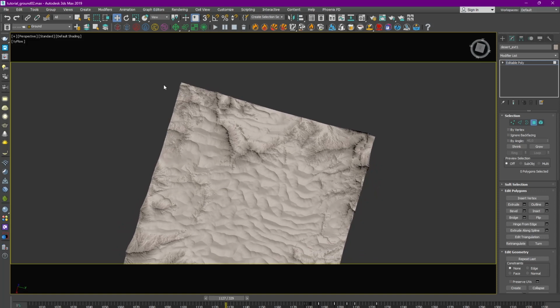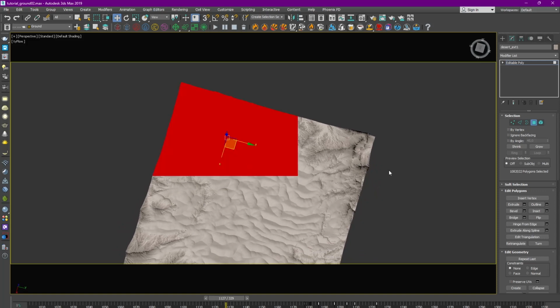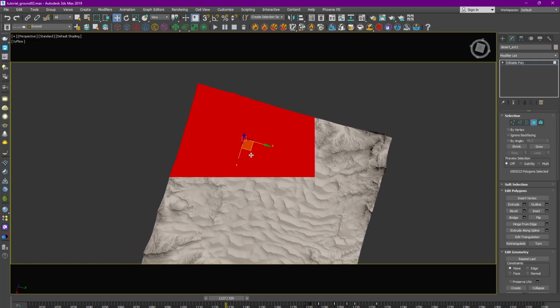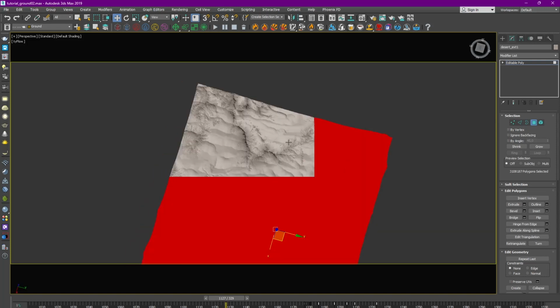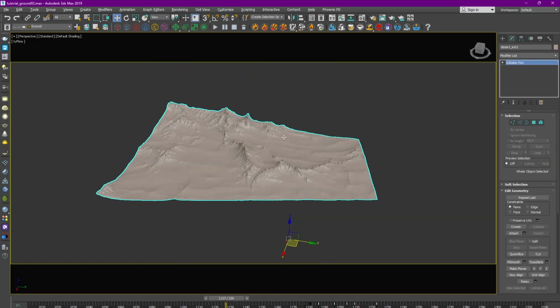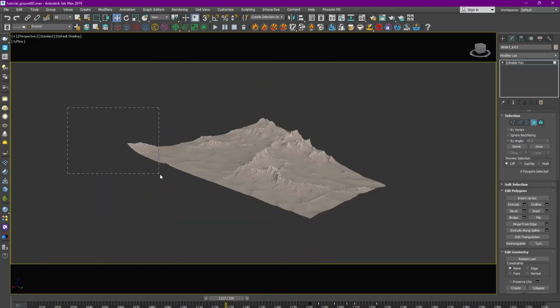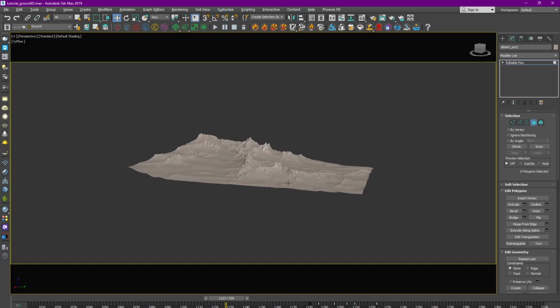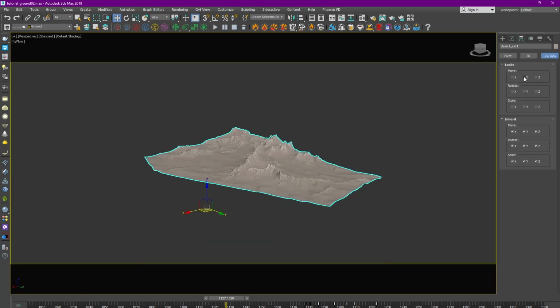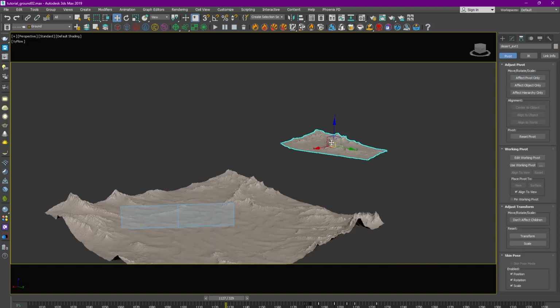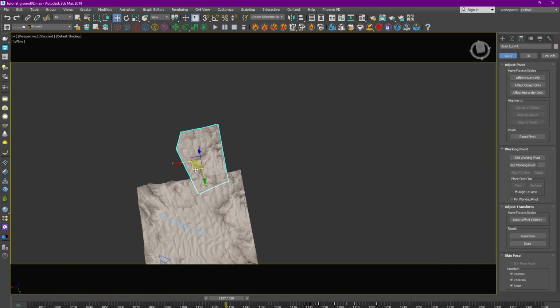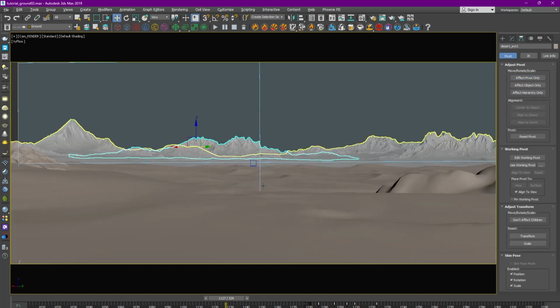So let's kill all modifiers of this copy of the desert, and let's select the area with the mountains and delete the rest. Also, let's clean this little chunk. So we have our small part of the ground with the mountains,